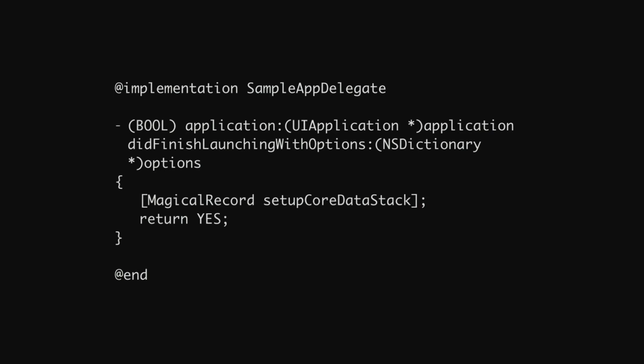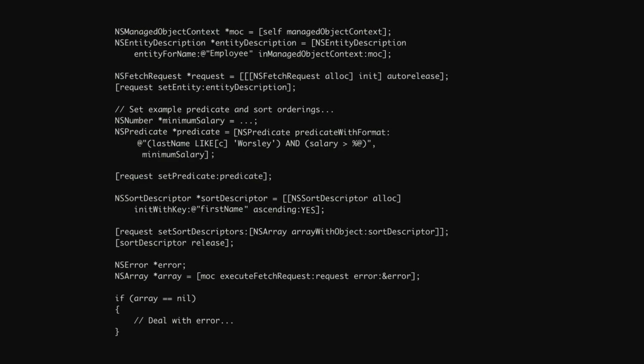I guess they do it on other platforms, but this is where you generally have your starting point when you launch an app. And we can set up our core data stack here in one line. Now this will go and set up all of those objects as well, and it'll log the errors. It won't crash unless it really needs to. But it'll handle errors and log them out, so at least you know when something is wrong, rather than just abort, right? So at least this can help you with that.